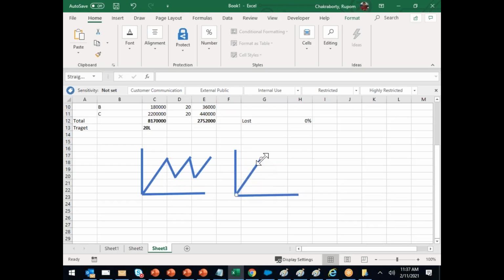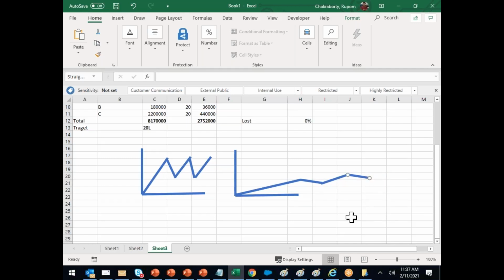It will increase, but not straight up; it will be slanted. Slowly it will increase. Falls will be there too. Yes, next week some deal might get lost.